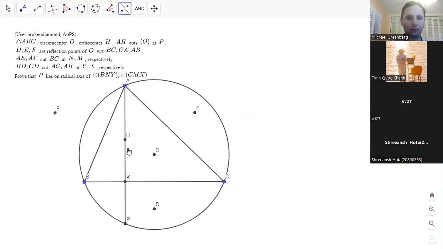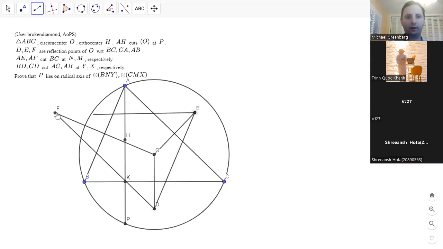You might as well draw OD, OE, OF, right? So yeah, EF is parallel to BC. In fact, this triangle is similar to the original triangle because all the sides are. In fact, is it congruent to the original triangle? I'm not sure, but